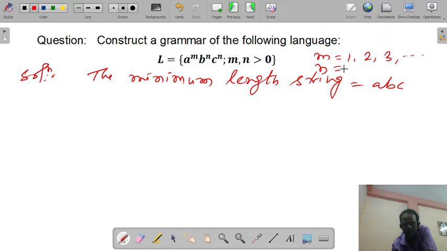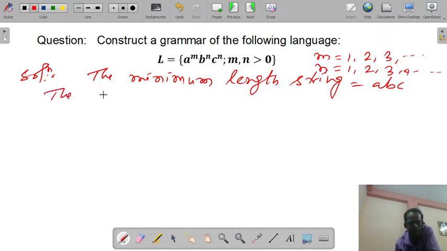That means the value of n will be 1 or 2 or 3 or 4 in that way. So the minimum value for m and n should be 1. So a to the power 1, b to the power 1, c to the power 1, that will be ABC.